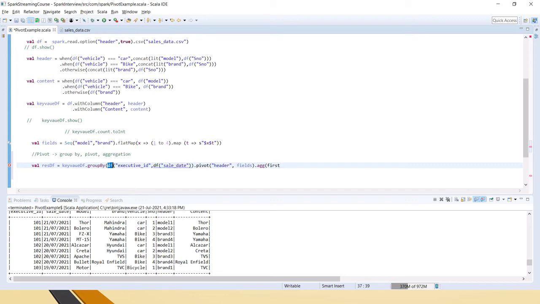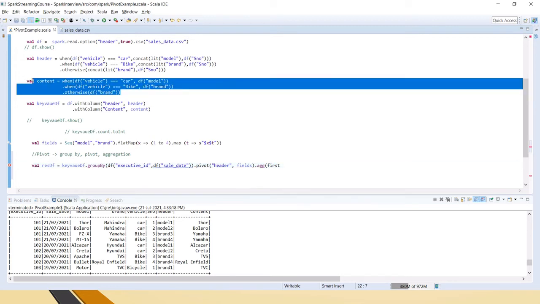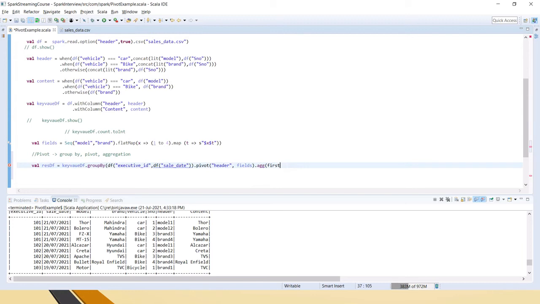Okay, am I closing the group by here? So when you do aggregation on this value, which is the content here, multiple cases will come, because for every line one or the other case will be matching, and it will try all together, and there will be many. So I am taking the first value from the content, whichever is true, that is the meaning of that, and then finally I am saying show.